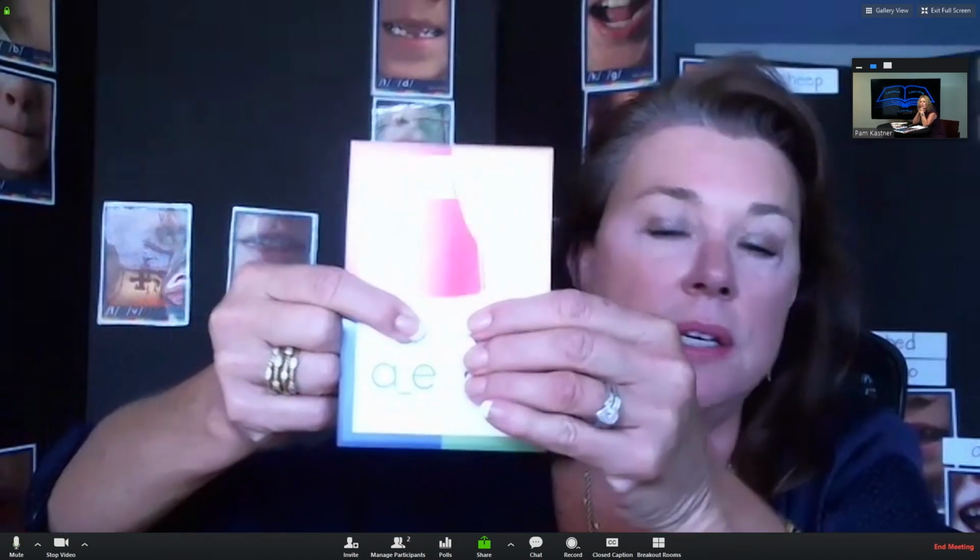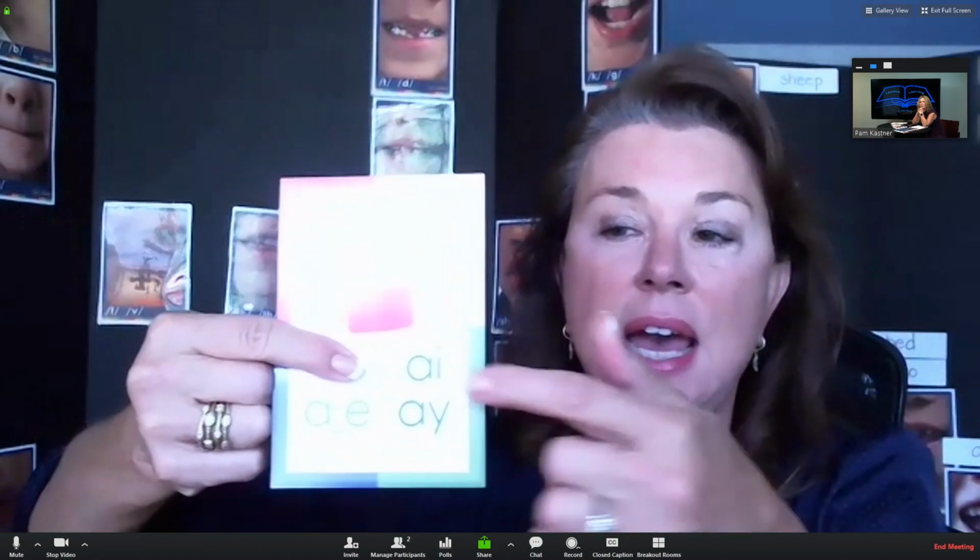So I might have this spelling up next to the long A picture. But I'm going to cover up the A that's as an apron, and AI and AY. I haven't taught those vowel teams yet, but early on we teach A consonant E to spell the long sound. So as I begin to teach those graphemes that match that phoneme, then I uncover them. Right. So that's really in first grade, kind of deciding what graphemes.